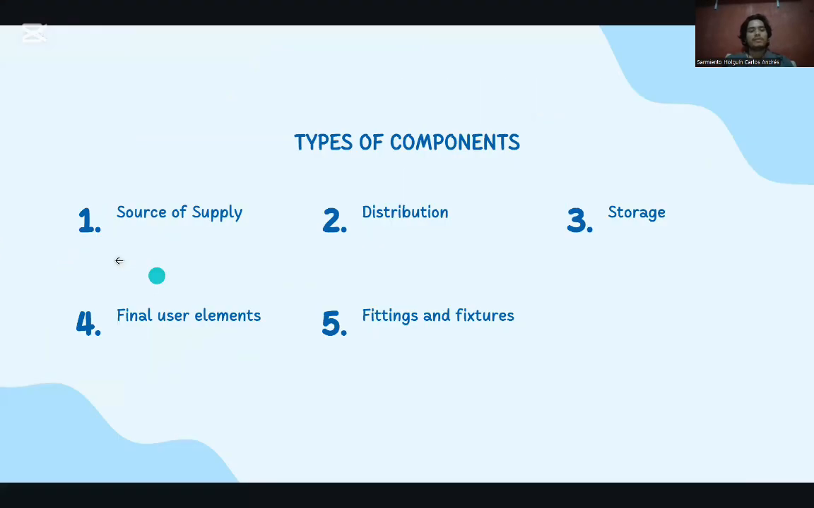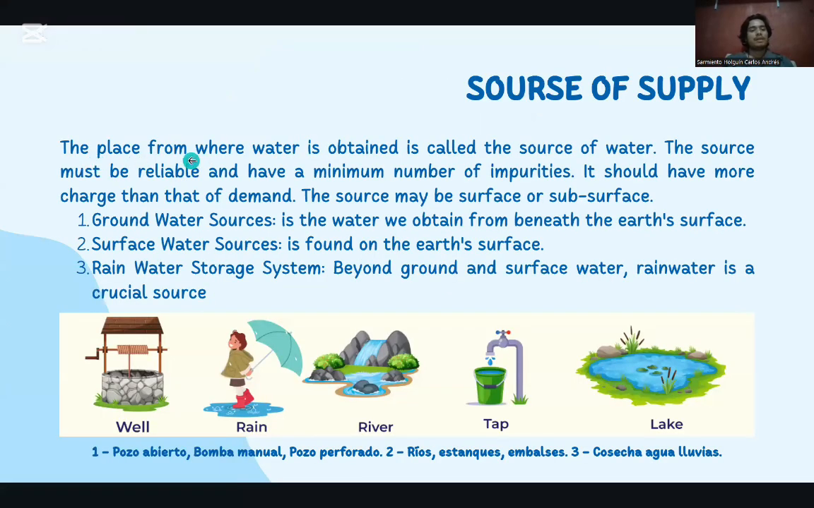First, we have the sources of supply. It is the place from where the water is obtained. It's called the source of water. Here we are going to have three categories: the groundwater, the surface water sources, and the rainwater